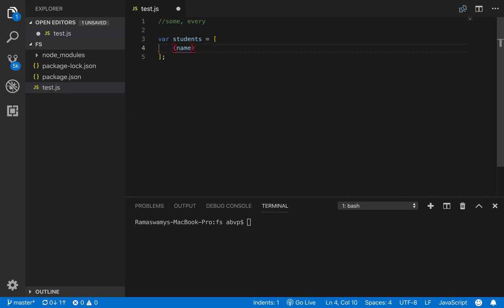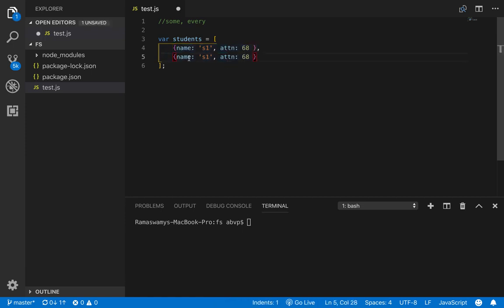So let us have name and attendance. So let us have the value for name as, say, student S1 having attendance 68. Let us ensure that all the students have attendance greater than 65. So similarly, let us create a couple of more students.